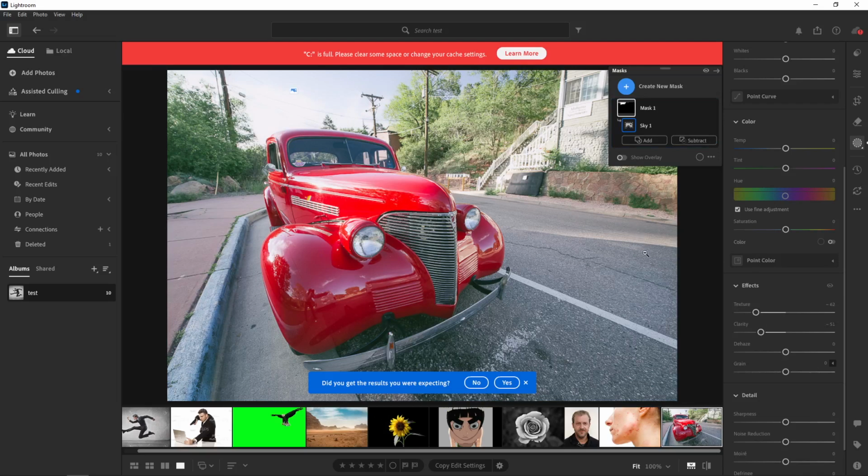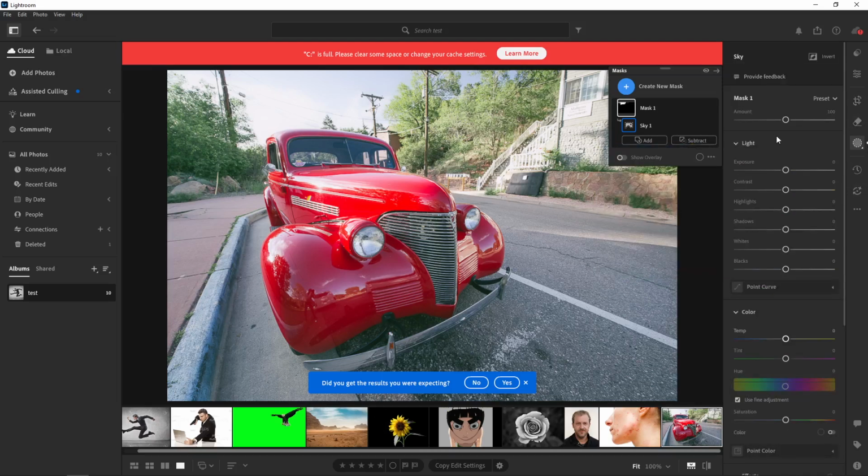After these adjustments, you might notice that the colors in your image have become a bit too intense. If this happens, you can easily adjust the saturation or vibrance to bring the colors back to a more natural state. It's also important to feather your mask. This creates a natural transition from the sharp subject to the background, ensuring the edits don't appear too harsh or